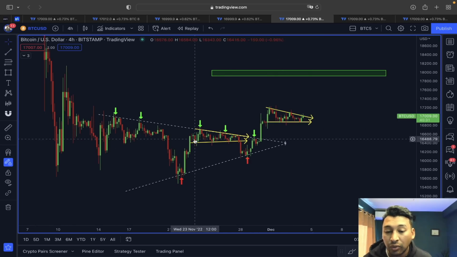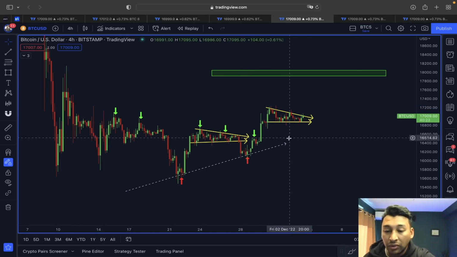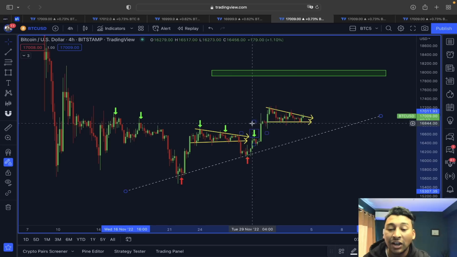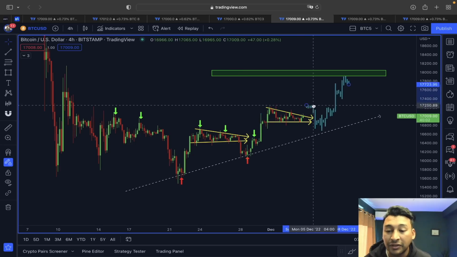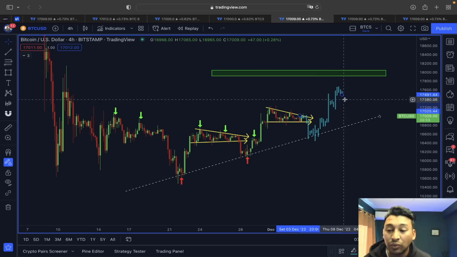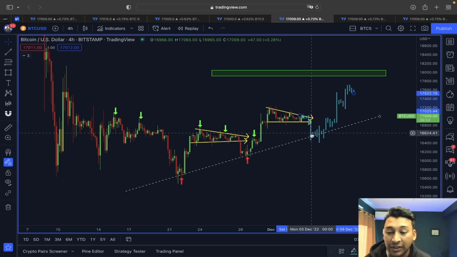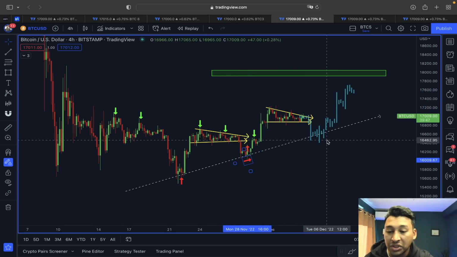You can see here, once we lost the support from the descending triangle, we had this price retracement. Price got gravitated towards the lower trend line, and now if we lengthen this lower trend line like this, then you can see, guys, the price right now is also forming another descending triangle type of scenario. So what I want you guys to understand, if the price of Bitcoin is going to show a very similar scenario after getting rejection from this descending triangle upper line, then we are expecting a movement like this. I mean, price getting attracted towards this lower trend line, which has acted as a strong line of support, one more time